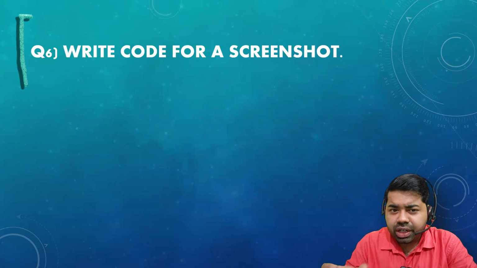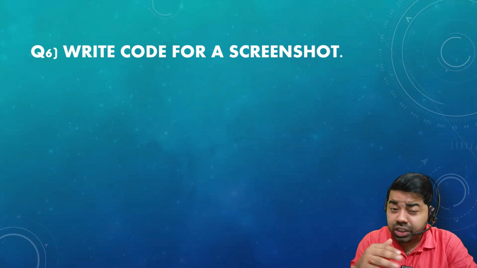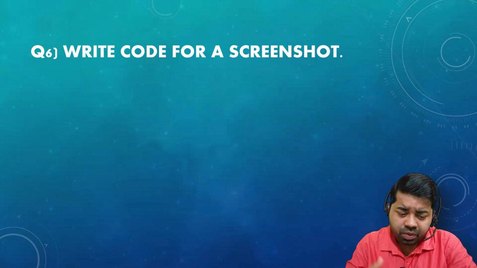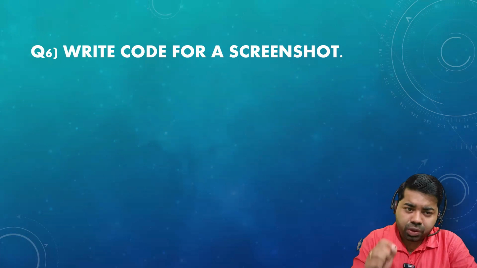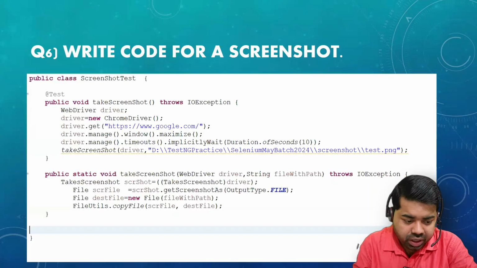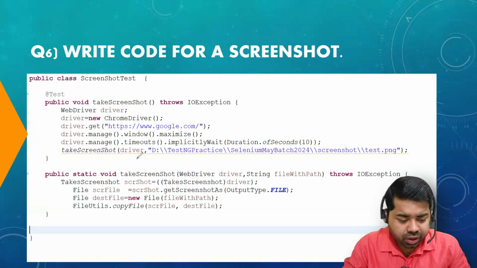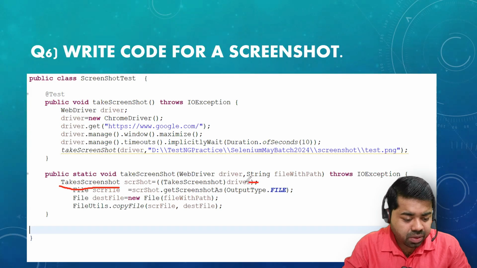Next question they have asked: write code for taking a screenshot. This is a repeated question; many times they have asked how to take a screenshot, and this code is very important. I took a snapshot of it. TakesScreenshot is an interface, so we are doing some casting here.